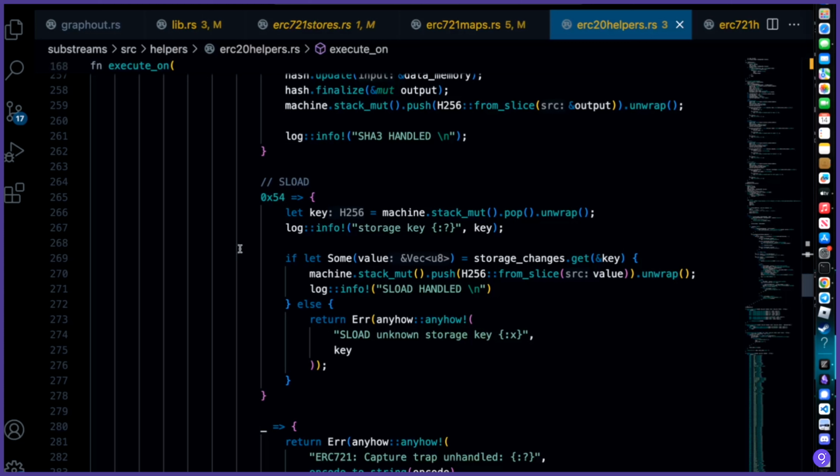So what an S-load does is it pops the top value from the stack, which is going to be the storage key, and then it looks up where that storage key is and gets the value at that storage key, and then it pushes it onto the stack. So that's what we're doing here: we pop the key from the stack, and that's going to be